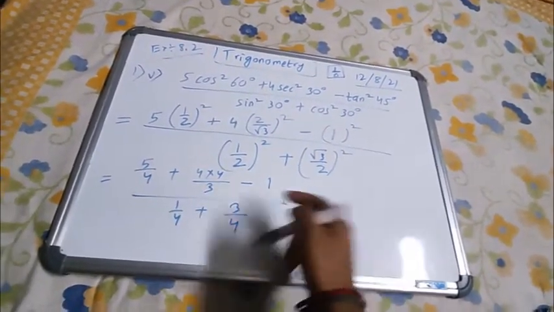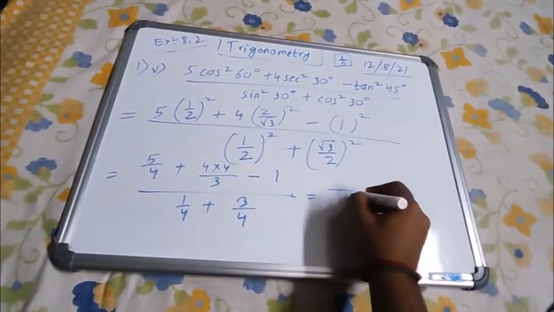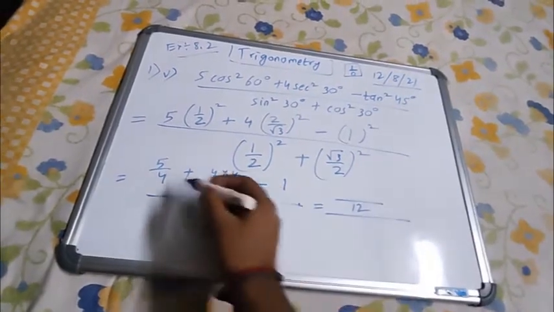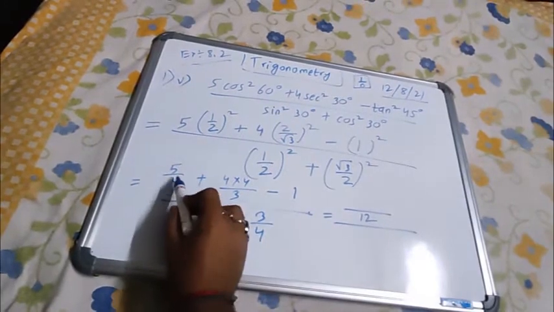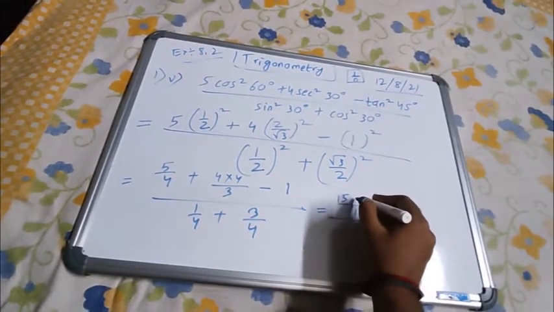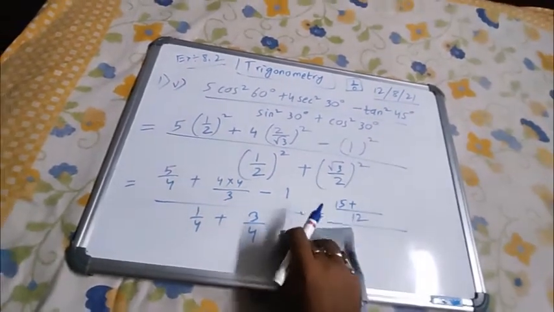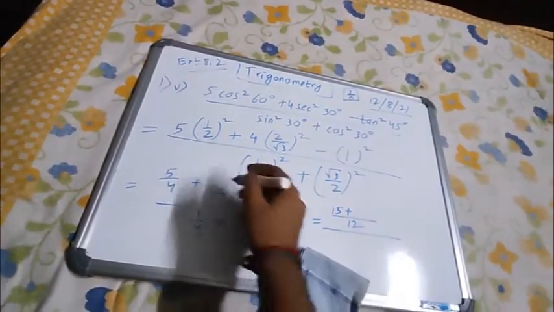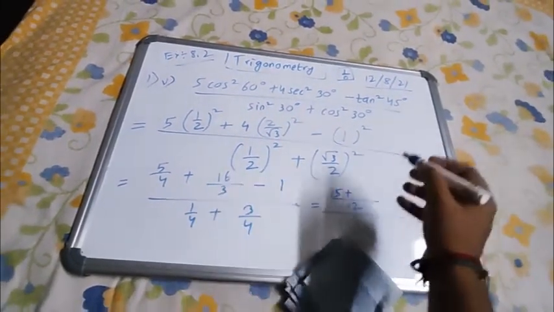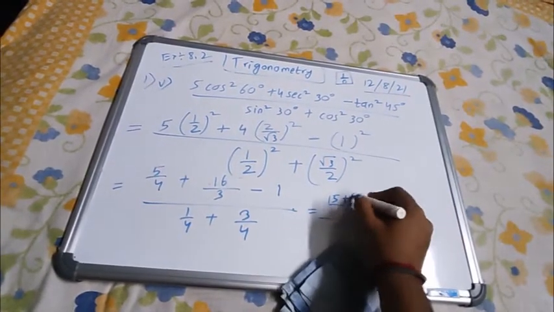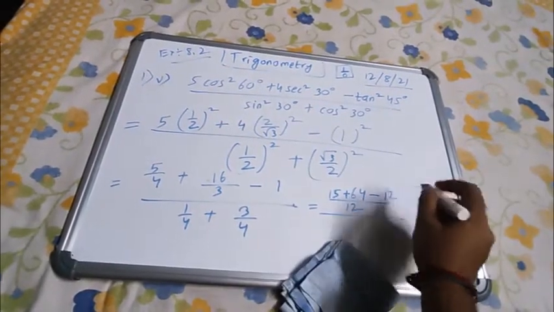So you can take the LCM in the denominator over here. The LCM will be 12. Now 12 and there is 4, so 5 3s are 15 will be there. Then plus, this is 4 4s are 16. Now I can replace this with 16 only, in the mind you can do 16. So now 12 and 3, it goes with 4. So 4 16s are 64 is coming, then minus. Then this 12 will be written as it is over here, minus 12.